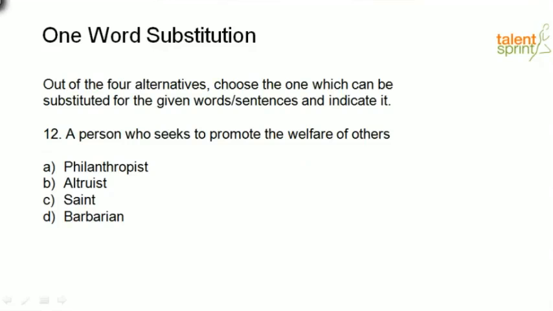So I'm sure out of these options you know saint and barbarian. These are not difficult or unfamiliar words. A saint, when will you call somebody a saint? When that person is an extremely virtuous person, almost godly. Barbarian, it can be just an insensitive, uncultured person, somebody who's very fierce or brutal or a cruel person. That's a barbarian. So, who's an altruist? An altruist is someone who makes charitable donations.